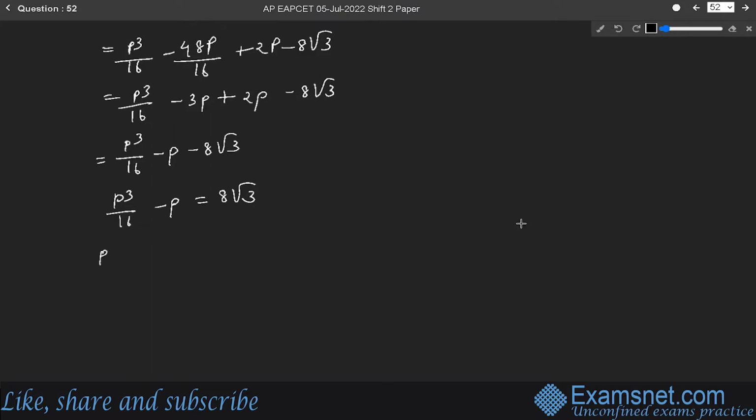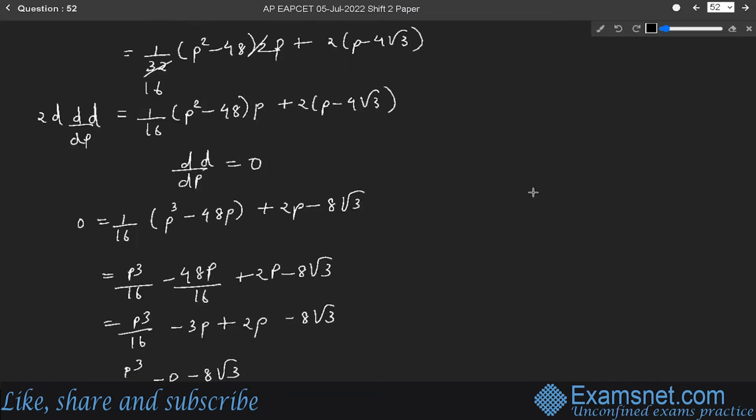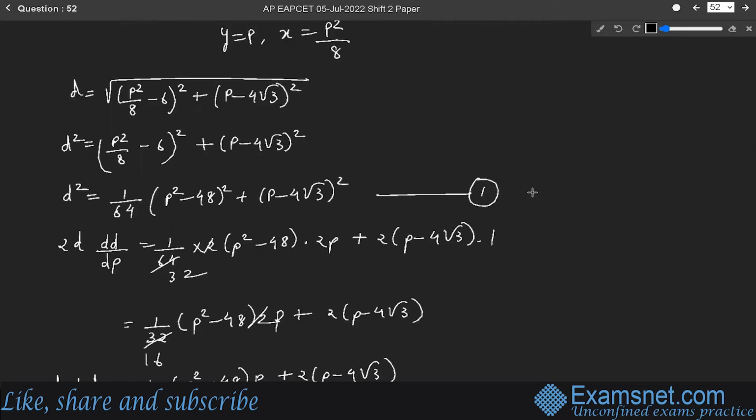It can also be written as p³ − 16p = 16 × 8√3, and taking p common, p(p² − 16) = 128√3. Now, from here, p will be equal to 128√3 divided by (p² − 16). Now, putting this value in the equation, which is equation number 1, we get